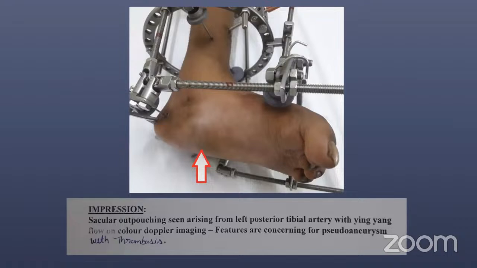This was another example, of a 7-year-old girl with bilateral congenital talipes equinovarus, who presented to us for correction of the deformity. She was getting it corrected with Ilizarov frames. But again, during the course of treatment, she developed a painful swelling around her heel. This turned out to be a pseudoaneurysm, most probably due to insult to the posterior tibial artery while passing one of the wires.